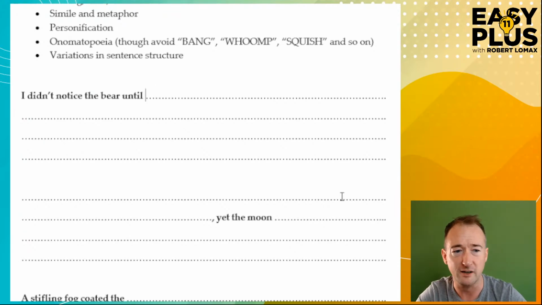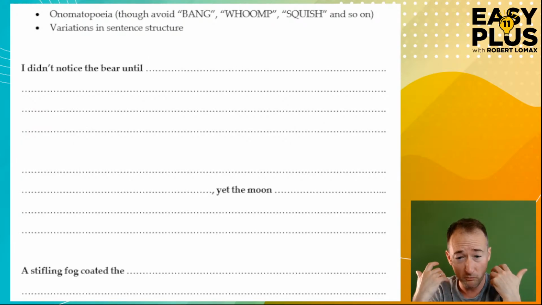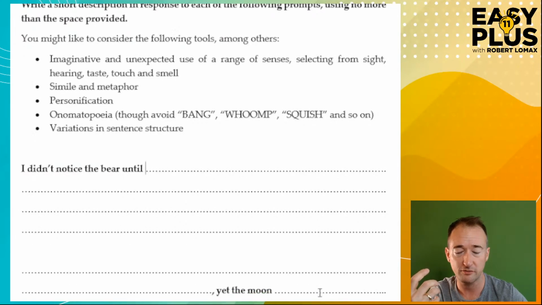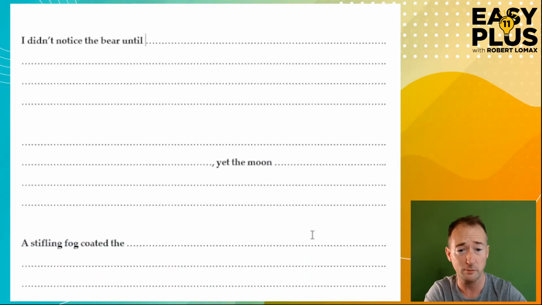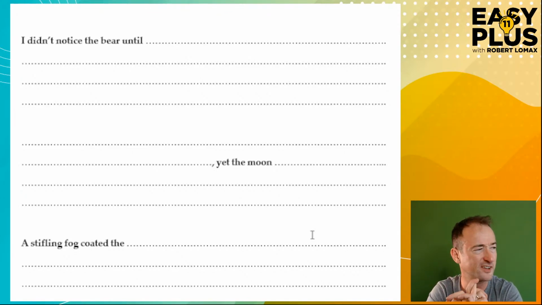Okay, let's get cracking. So, I didn't notice the bear until... So something is going to make me notice it. And what makes me notice it really must be one of the 5 senses. If we go back up on the worksheet, you can see use of the 5 senses, because I'm going to notice it either because I hear it, because I see it, because I smell it, because I taste something